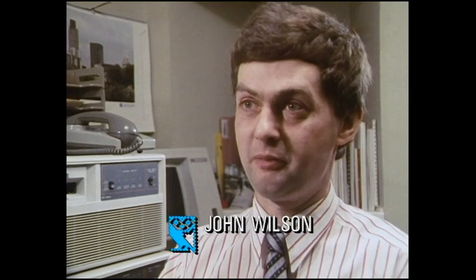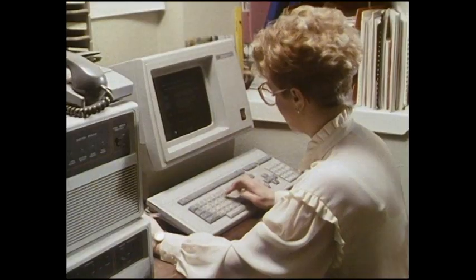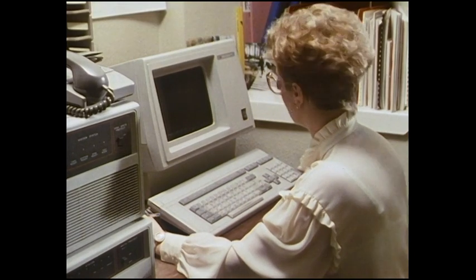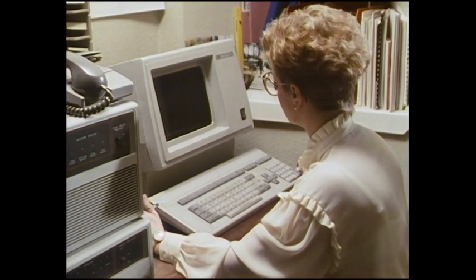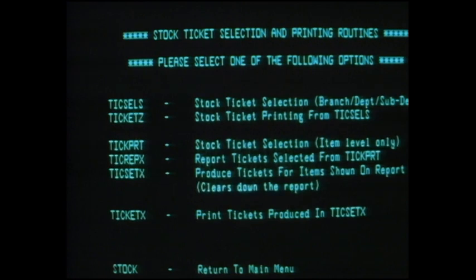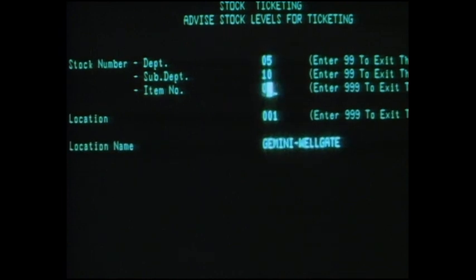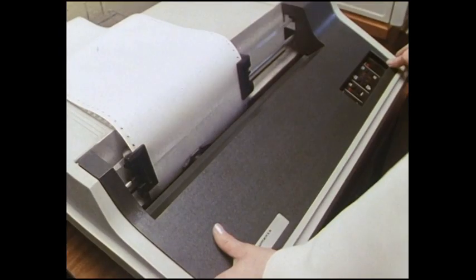I had no previous computer experience whatsoever. The limit of my experience was with a small Spectrum computer, which I didn't understand and couldn't really use. We've purchased this very large computer system. It's probably a system that's much bigger than you would anticipate to see in originally a single shop. We had so many stock lines and wanted to do so much that the system had to be initially very large and very expandable. The computer looks after all the stock records for the shop, and that alone is useful,